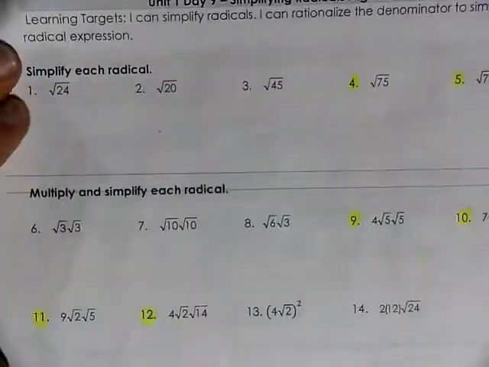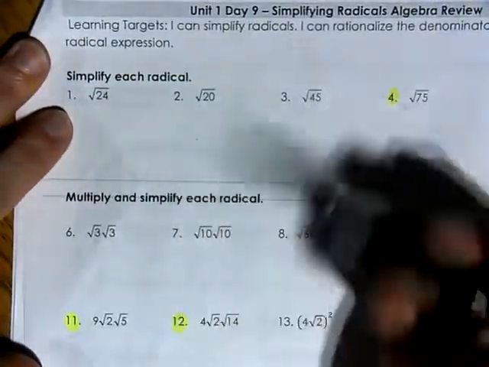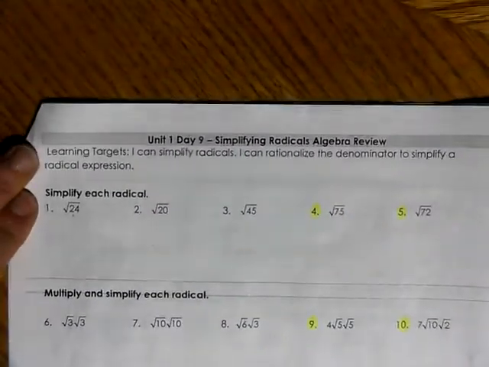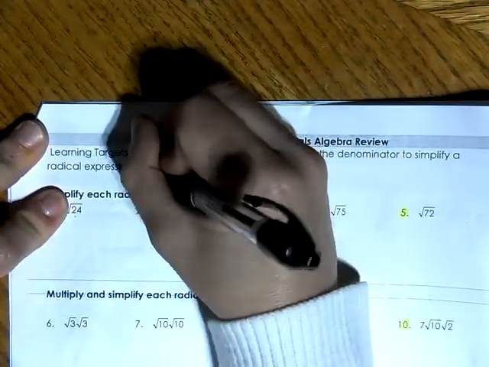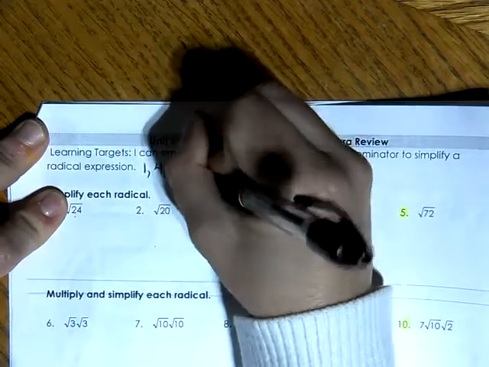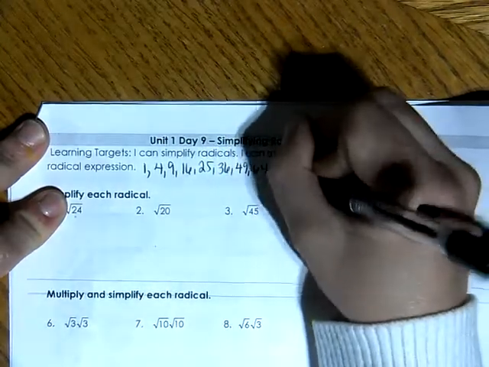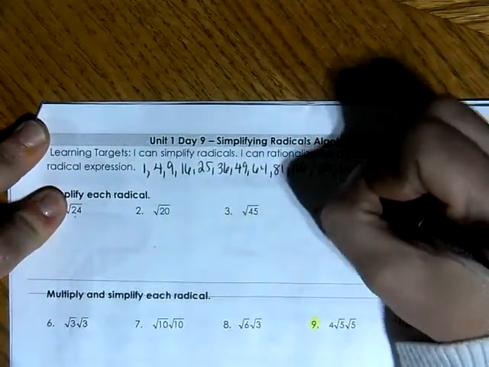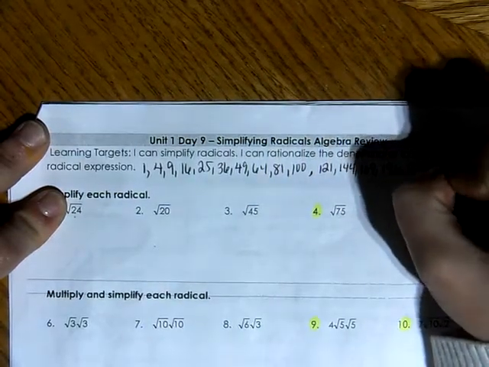All right, let's go ahead and start at the very beginning with simplify the square root of 24. So what we want to do is look for a perfect square factor that can go into 24. And so what might be helpful is at the very top, writing down all of our perfect square values, starting at 1. So I'm going to write down 1, 4, 9, 16, 25, 36, 49, 64, 81, 100. That's 1 through 10. Then we have 121, 144, 169, 196, 225,